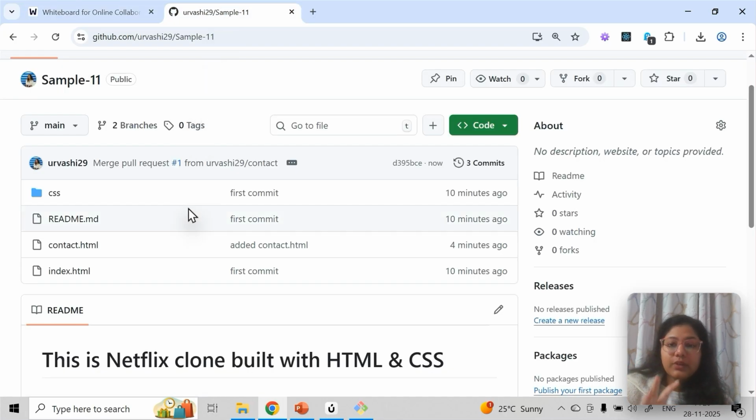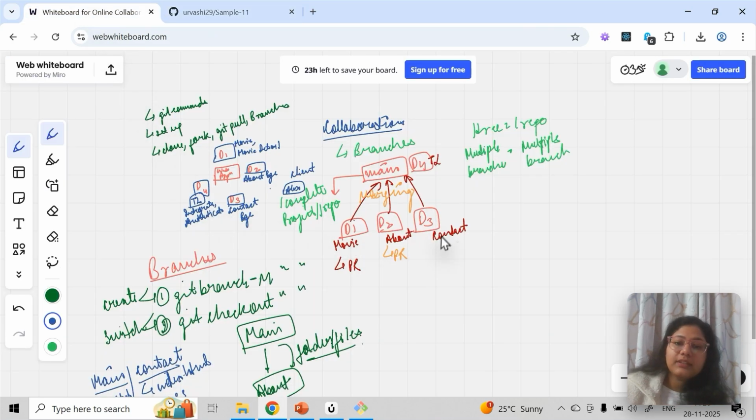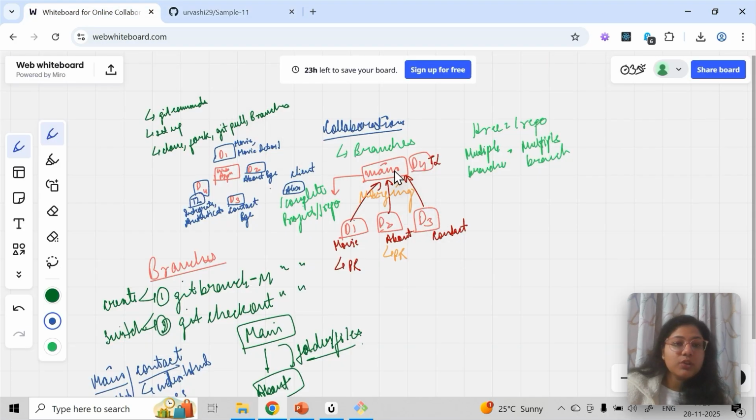If there is a conflict, then you will simply send a message, like there was an input box coming. You write a message, a description that this is the issue, and then you terminate the merge request. Then this person will fix the file names, and then the merging will happen. But normally if everything is going fine, this is how it will happen. So main is the latest. Now I told you, main is always going to be the latest.